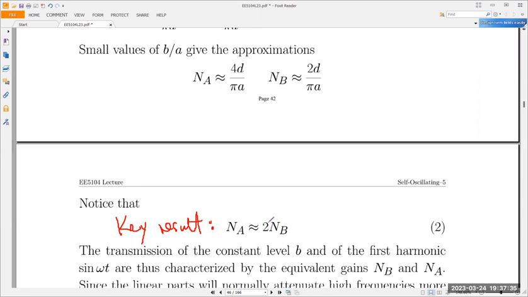And later on, the whole theory of this self-oscillating adaptive system rests heavily on this key result. Okay, if that's the case, then